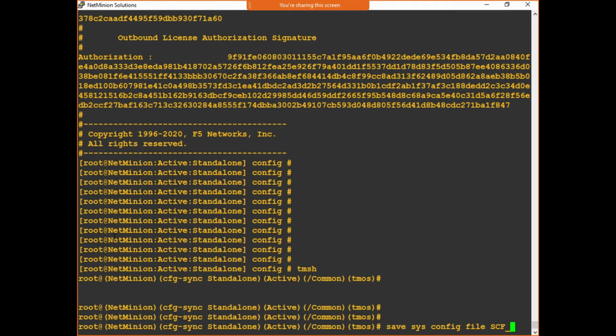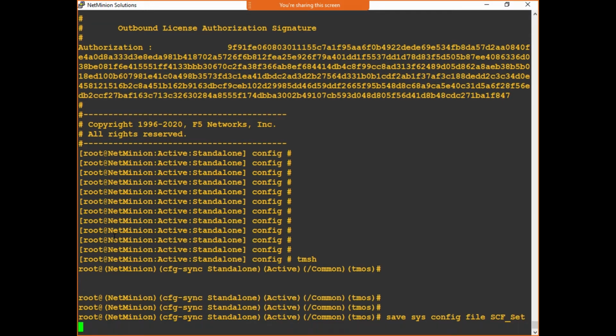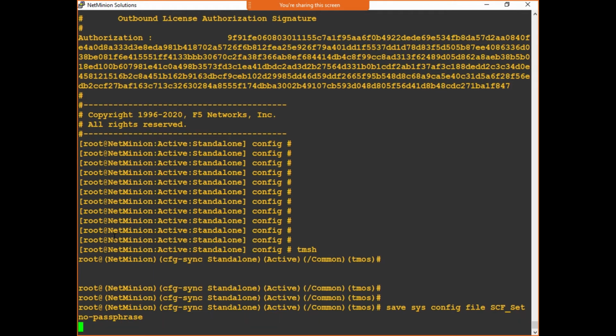And what is today? 20th of September. Maybe let me write down only September, and with no passphrase, as I don't want to give any kind of passphrase. So when you are saving this, can you see it will take some time, and it will show you a full path, saying I have saved these files in this location or directory. You can download that by using WinSCP.